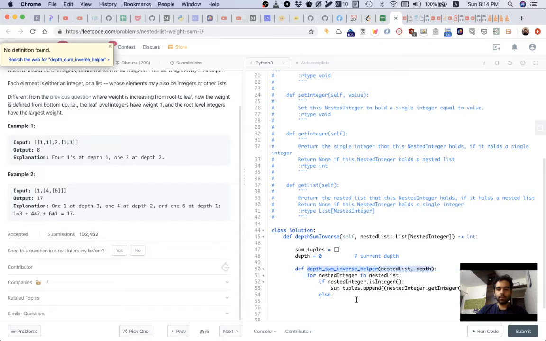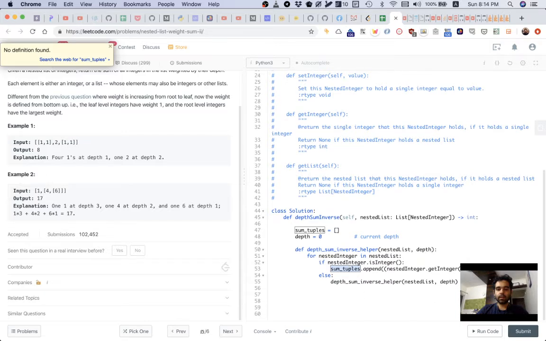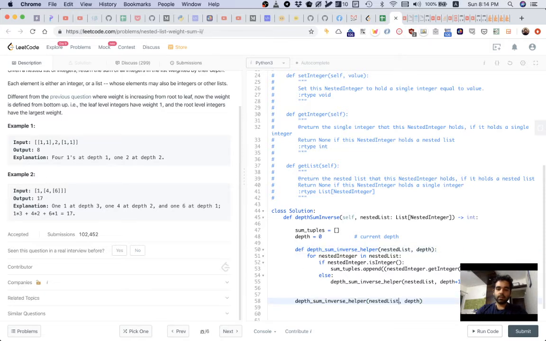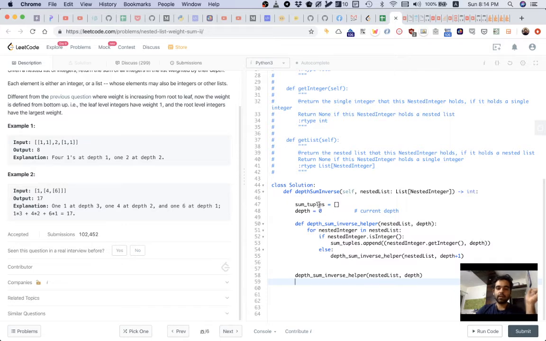Else we can just call this and rely on that to append it to some tuple. Some tuple is outside, so we should be able to access that. And that plus one, right? When it exits this, it'll come back to the previous guy and keep nesting, and that time depth would be whatever depth was. Cool. Now we can just call this with the nested list original and depth, which was 0. So now what we're supposed to have is some tuples including just the integers and their depths. And now once we have that,